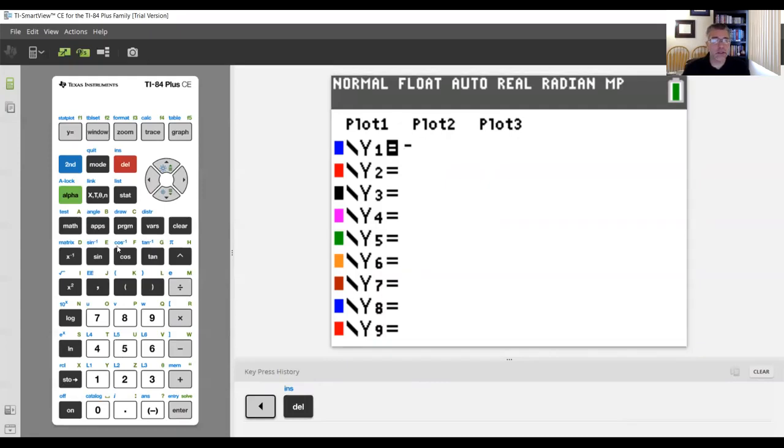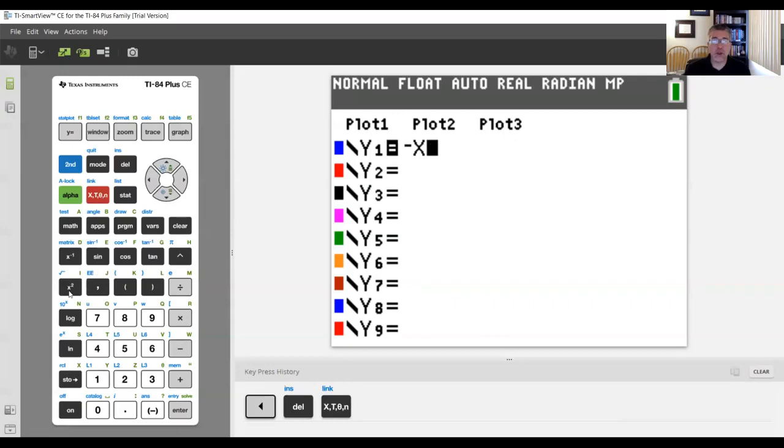So I'm going to then say that this is going to be x. Now, how do I get the x? That is next to the green key, and that's my variable key. It's just to the right of my green alpha key. Just to the right is the x, or the variable key.